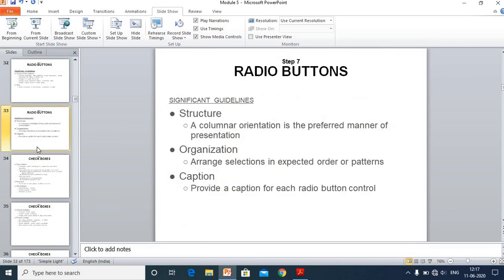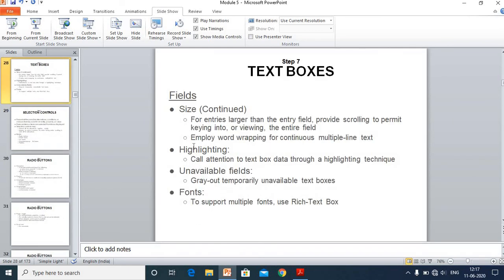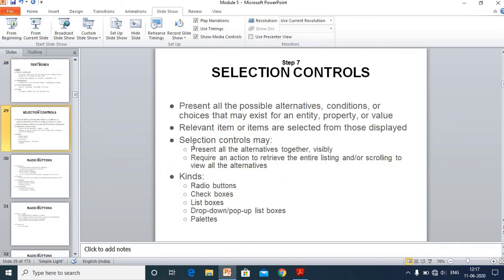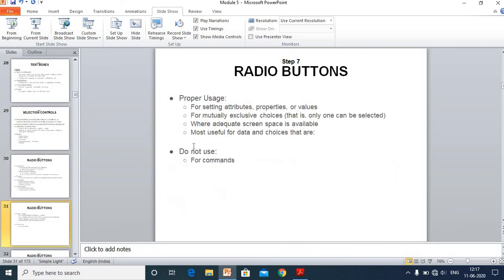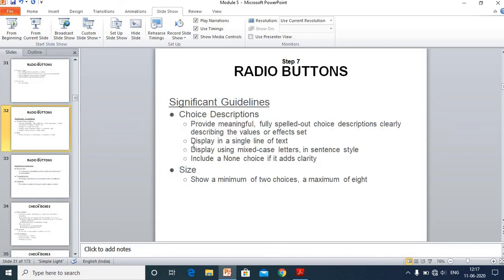So that is about radio buttons. In this we need to concentrate on a few things. The first one is the description, what this radio button is, then the purpose of radio buttons, then advantages and disadvantages. Then we have do's and don'ts of radio buttons.